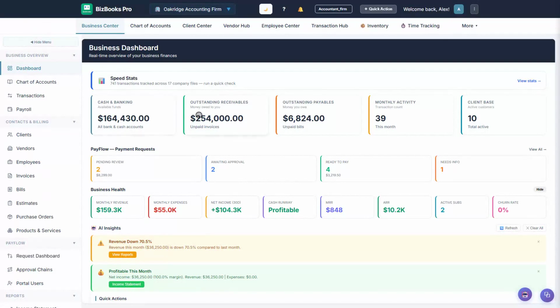Your whole practice, one login. This is BizBooks Pro for accountants and bookkeepers. One flat annual license that connects you into every client's books, with a practitioner toolkit built for month-end. This is Oak Ridge Accounting, a working practice, and everything you're about to see is included at the Accountant Pro